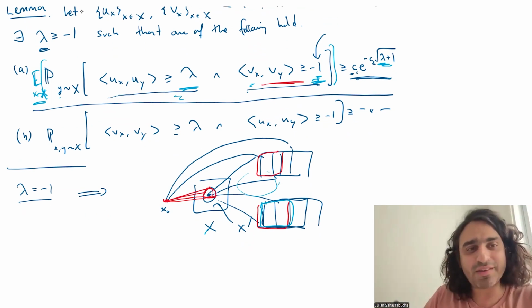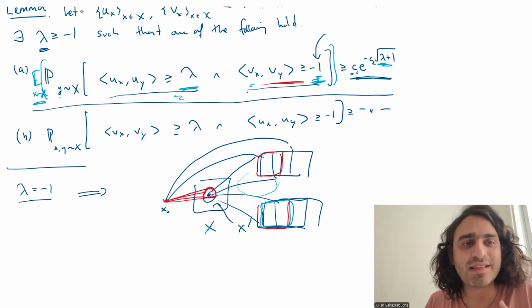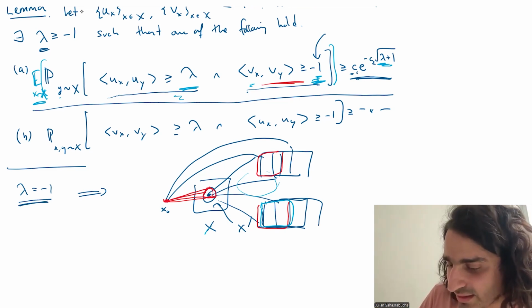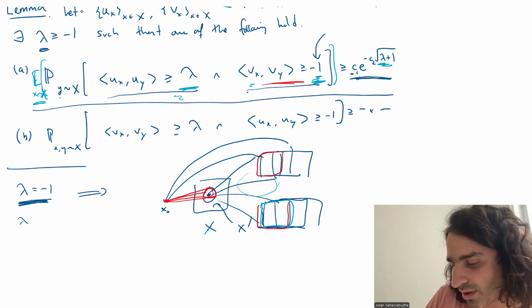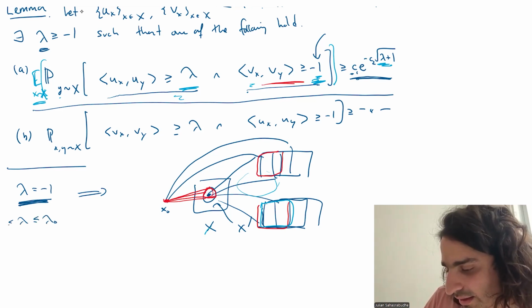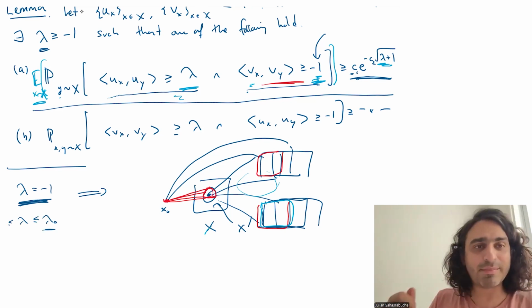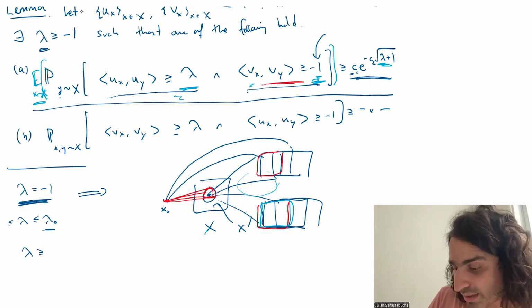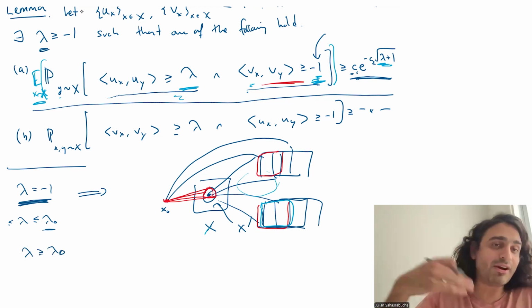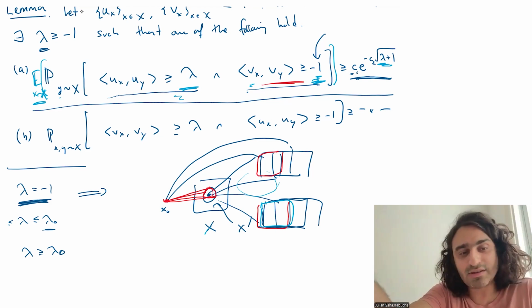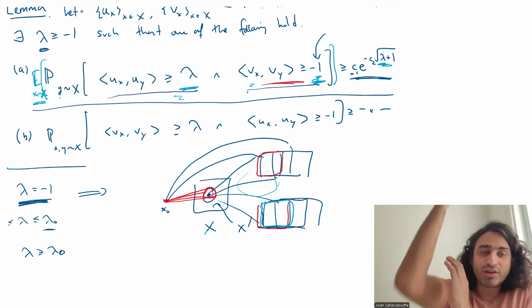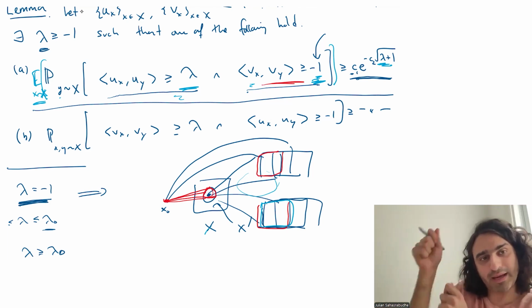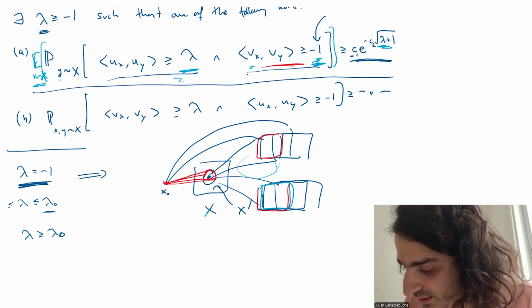So the lemma hands us this lambda that we have to deal with. This is basically what happens if lambda is very small. And in fact, we have the same argument if lambda is between -1 and some fixed parameter. In the case that lambda is bigger than this, it could be that the lemma hands you a very large lambda. For example, if you feed a simplex into it, as one of the point sets, it will find this kind of huge spike in the distribution. So in this case,